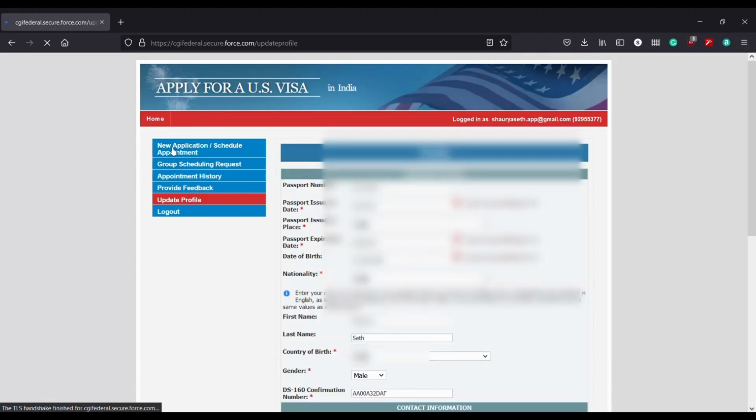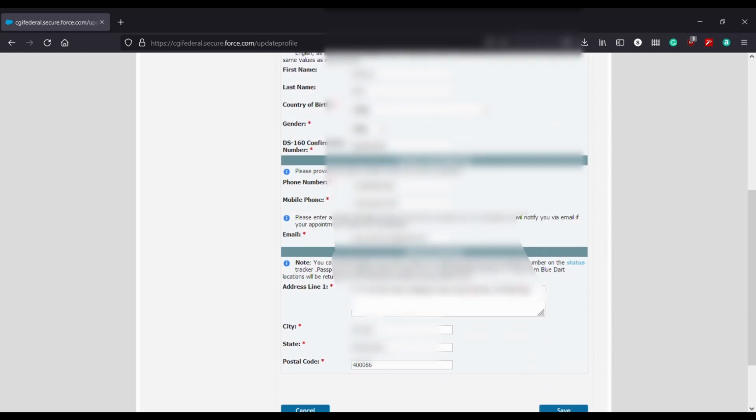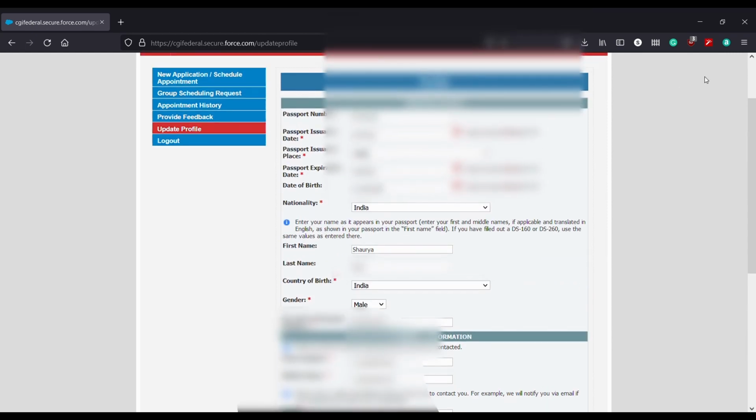So there you can edit your new DS-160 confirmation number, save your profile, and then go to the application appointment shown in the first page, as soon as you enter your login details. There the new or the updated DS-160 number will already be shown, and then you can take a printout of it. So that is it.